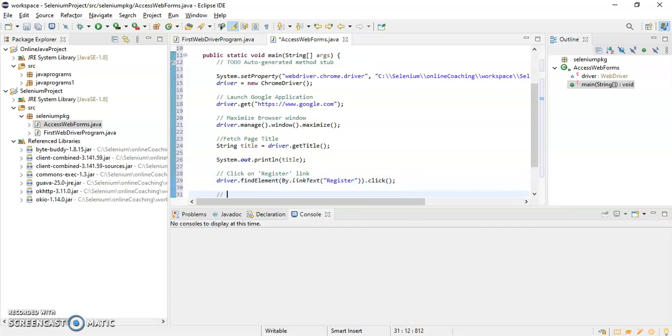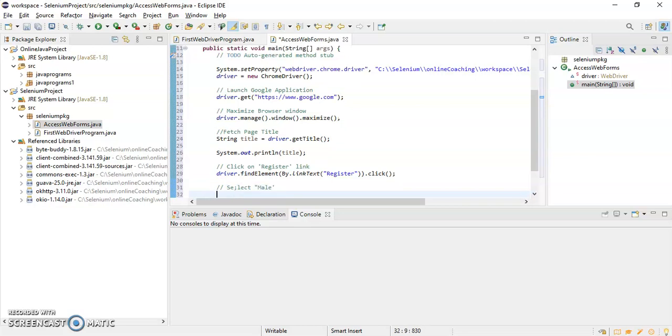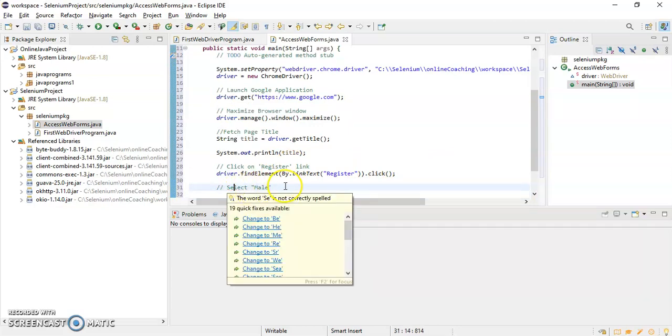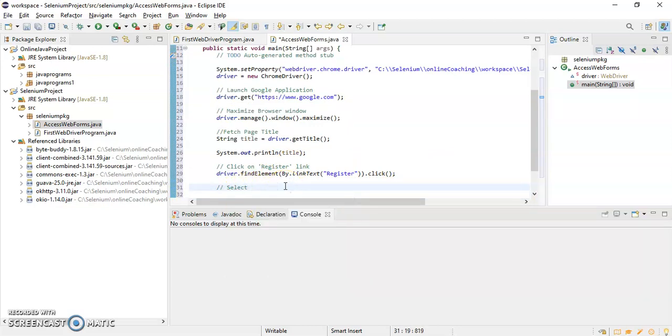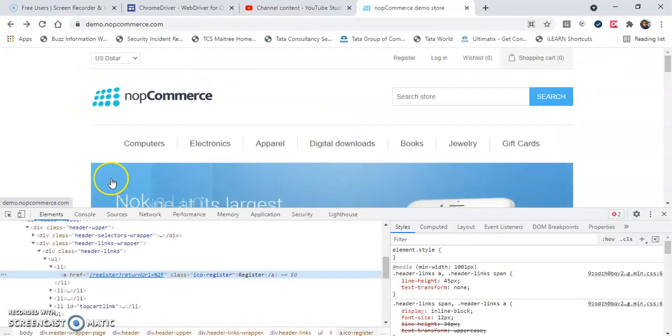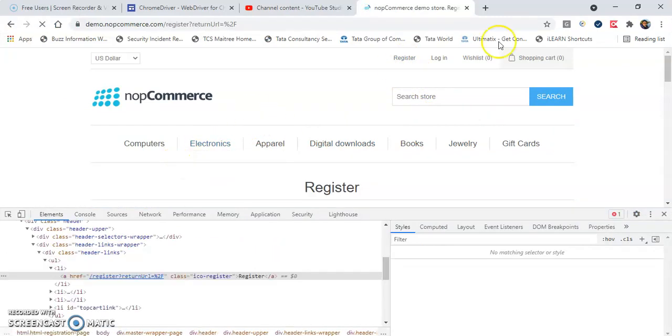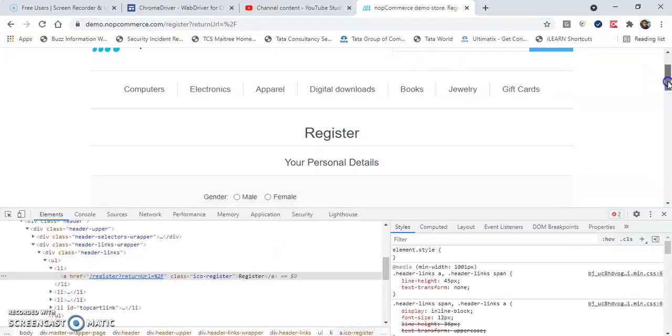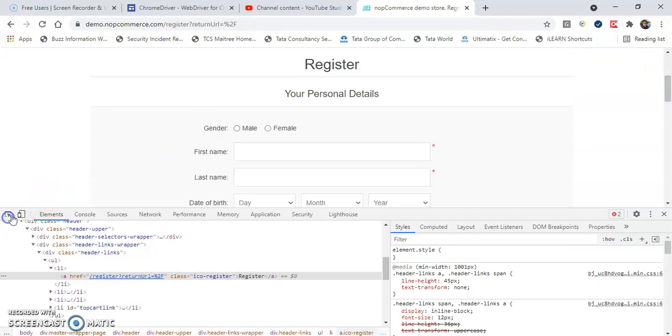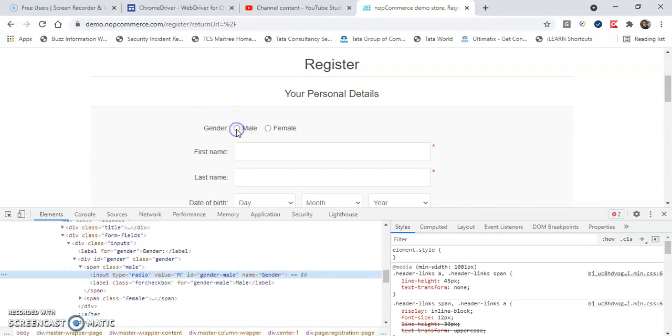Then once we come here, we have to select male, right? Male is a radio button. So I just have to go again, click on register, and here I have to inspect this male.